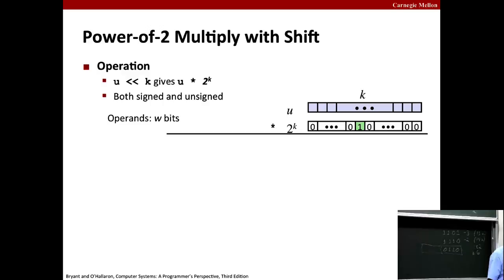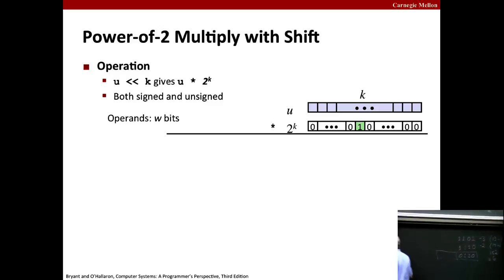So as I was talking about, there's a trick we can do for multiplying by a power of 2, which is just to shift the number to the left. And you'll often see that when you have in your code, I want to multiply some number by 4, you'll write that in your C code. If you look at the assembly code, you'll see that what the compiler generated just says, oh, just shift it left by 2. So in general, and you could see why this is true, by the way, if you